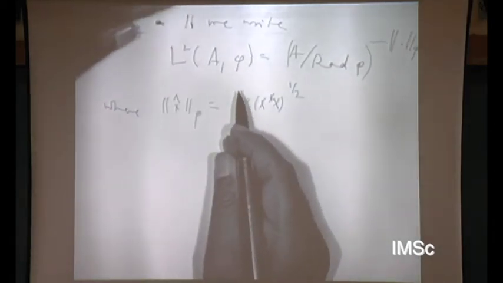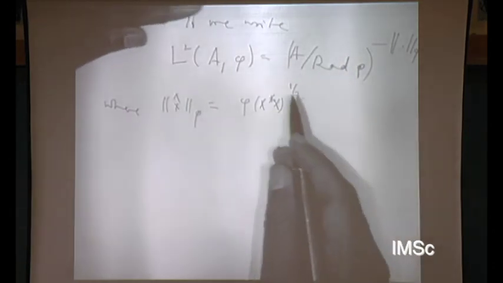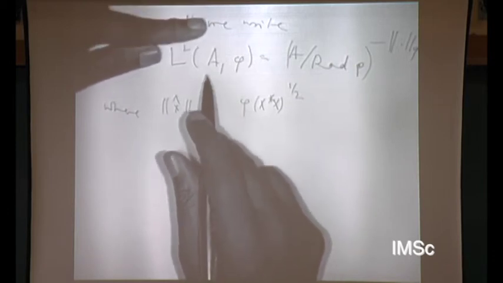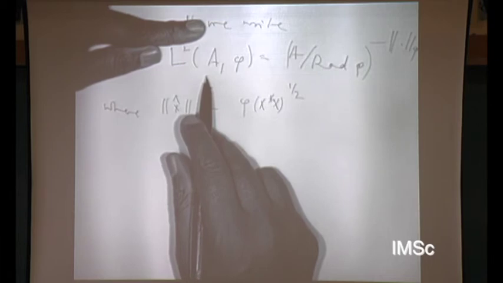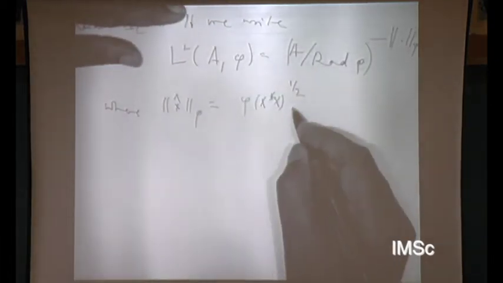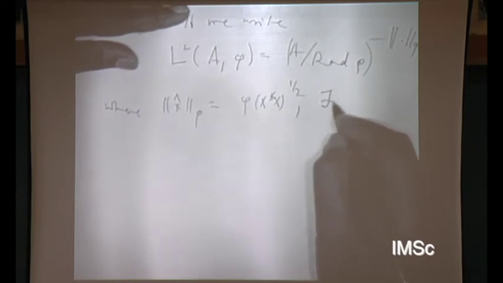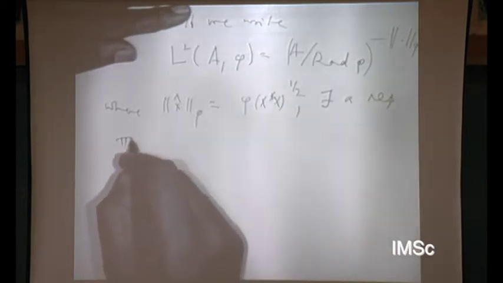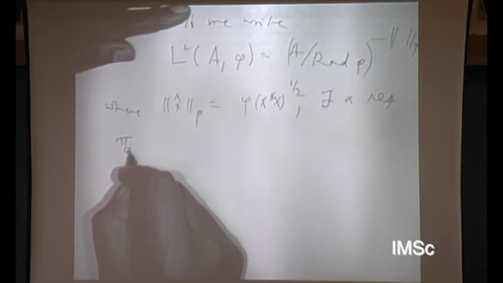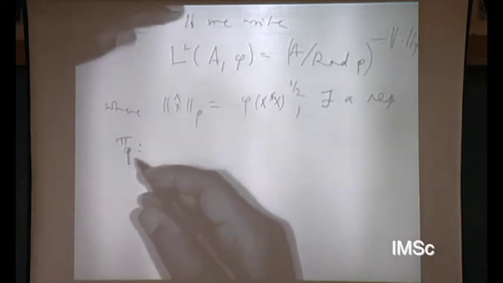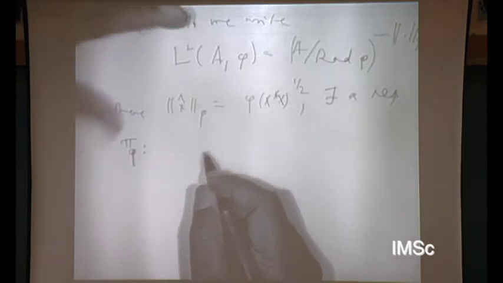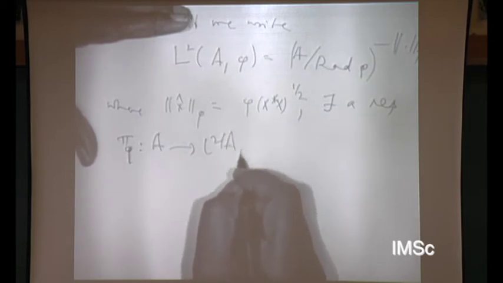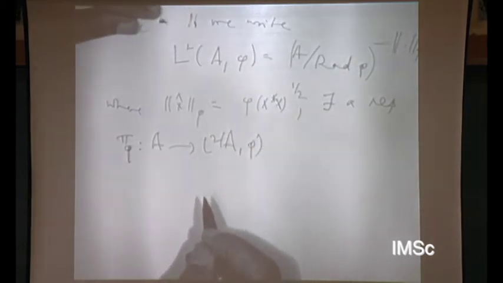So first, I'm constructing something which I want to call this. So this is a Hilbert space, and the assertion is that because of the left ideal property, there exists a representation pi, let me call it pi phi. This is like that pi mu that we defined for Cx, from A to L2 A phi, such that